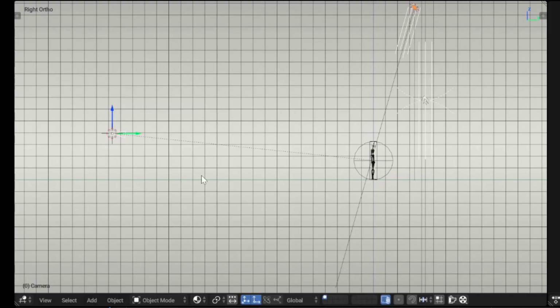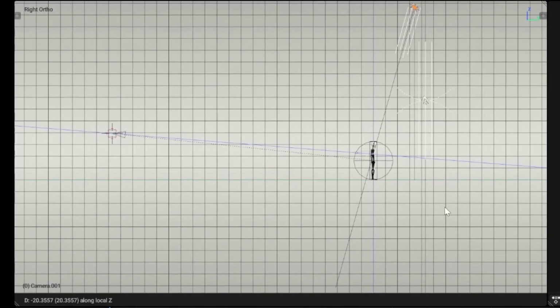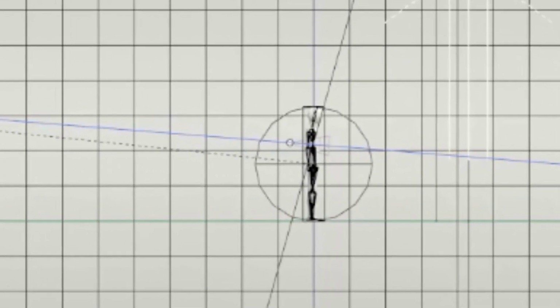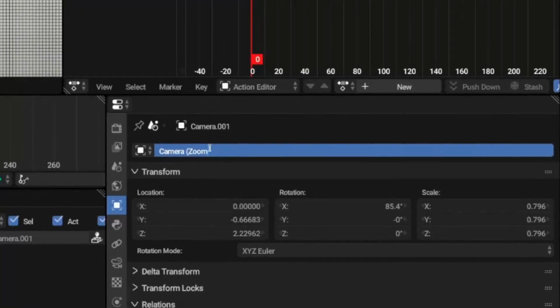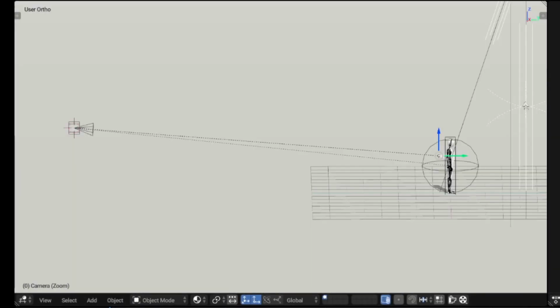To solve this, you're going to press Alt-D to make a duplicate of your camera and move it in along the local Z-axis, which you can do by pressing Z twice, and move it into where your character is. And rename it Camera Zoom. And what this camera is going to do is it's going to send a ray out from the back, approximately